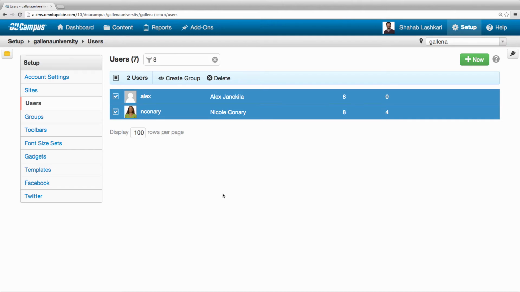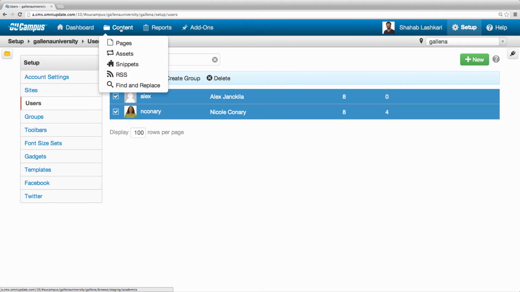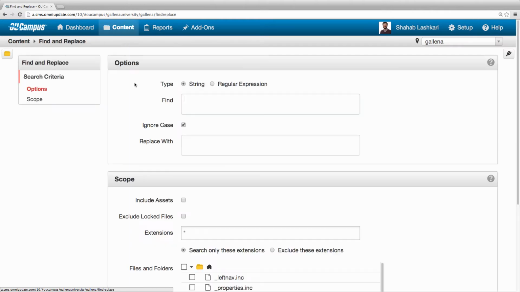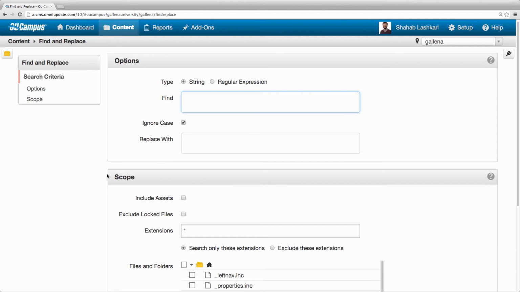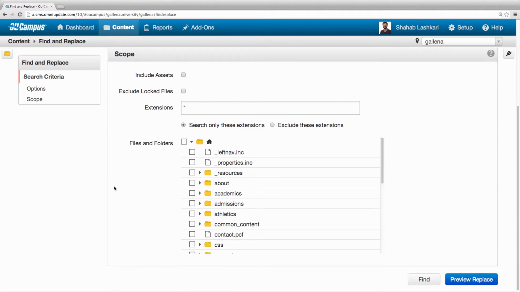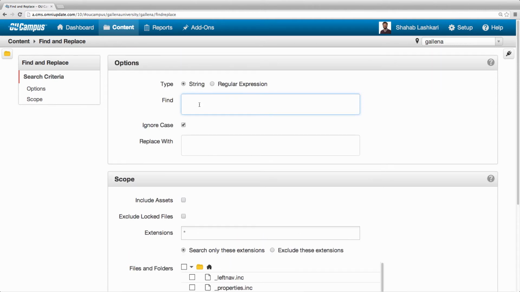The last thing I want to show is another administrative feature, but I think this is really cool for web developers. We've had this find and replace feature, a really powerful tool to actually go through and edit and find and replace source code. So we've taken that approach. We've added to it now the ability to search and replace assets. So if you want to do find and replace operations on assets, you can do that. We've also added the ability, and just to show you this,